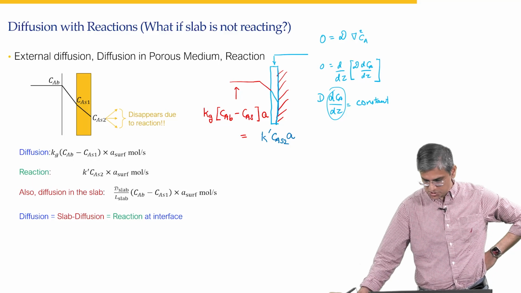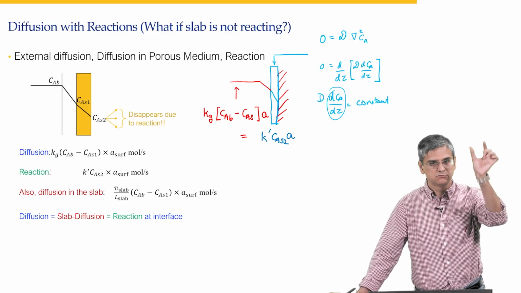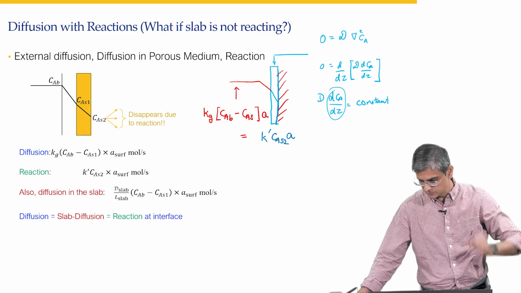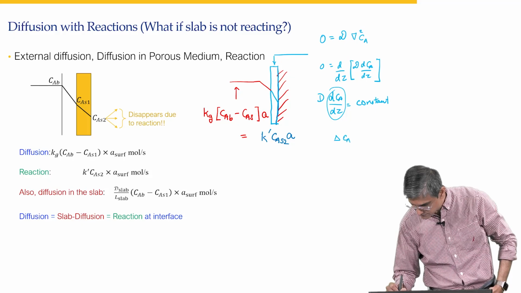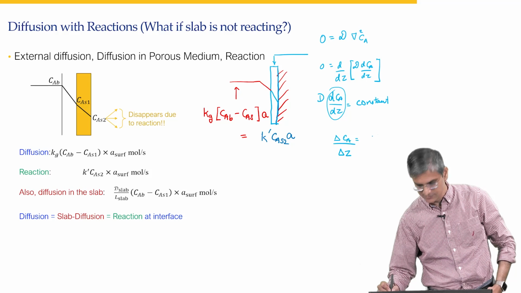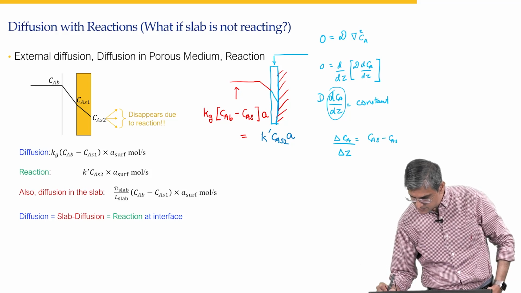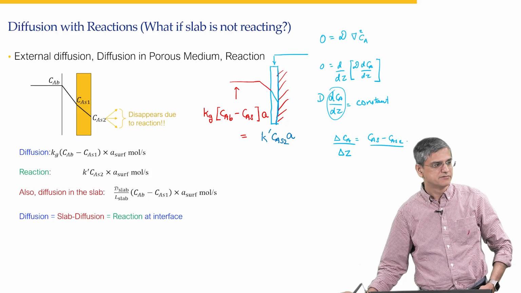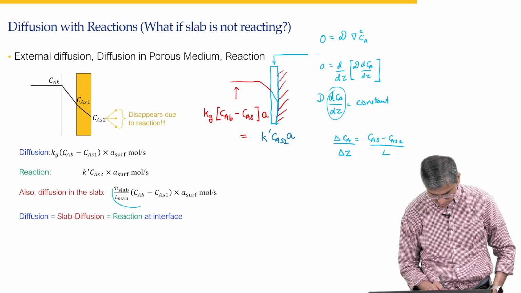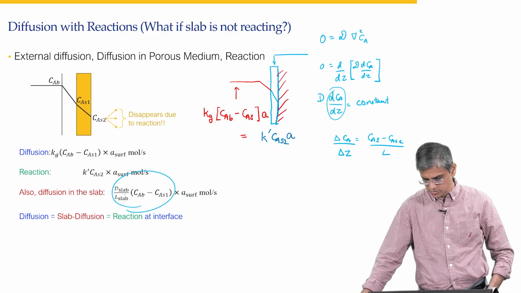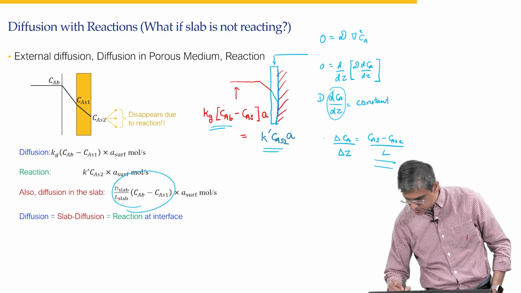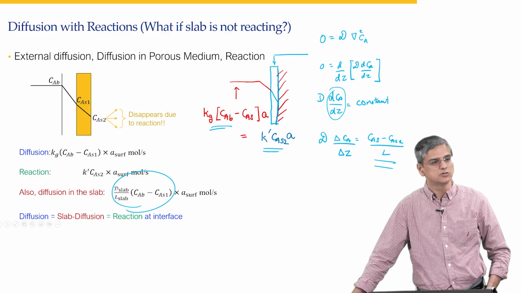So if flux is constant, what would be dCA by dZ value if you are given the thickness of that slab and you are given diffusivity? Delta Ca divided by delta Z. Okay, what is delta Ca? CAS minus CAS2. What's delta Z? The slab thickness, right? This is what is given over here. So this is equal to this, and this is equal to this, which in turn is equal to this,